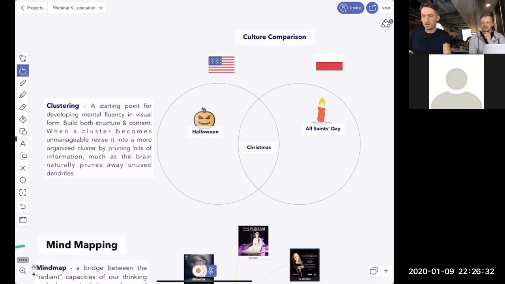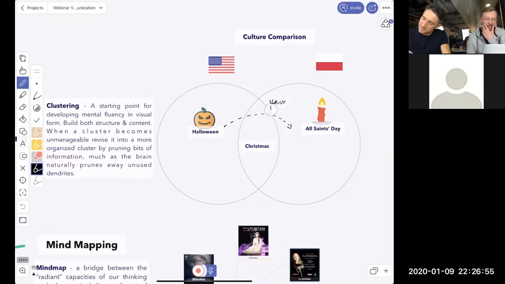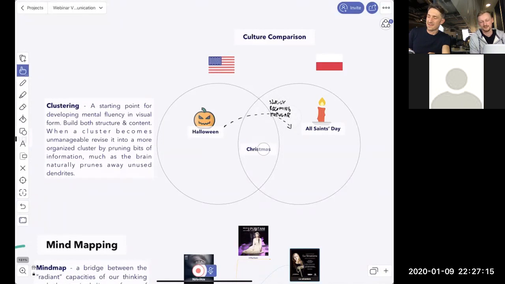Well, the fun part about the discussion like that is that Halloween slowly gets in the middle in Poland, because it started being popular recently. So see, we can have a discussion right now like that. So it's a pretty interesting thing. Because if we wanted to dive deeper, we would have to find all the sources and so on and so forth. But on the surface level, it's becoming more and more popular. Halloween is becoming more and more popular in Poland, although it didn't start here. But yeah, that's very interesting. What else? There are a couple of differences, of course, but